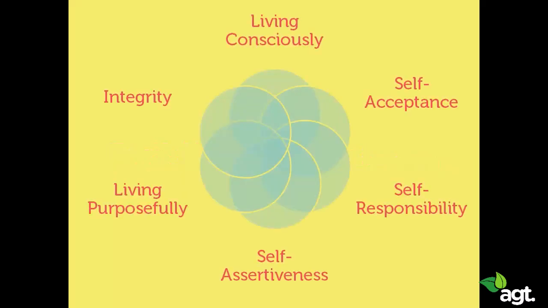In order to understand how exactly we can do that, we will take a look at the framework that Nathaniel Branden sets up. He talks about the 6 pillars that make up self-esteem, 6 practices that are important for the cultivation of self-esteem. Here they are. The first of those practices, or pillars, is called living consciously. Living consciously, in essence, means being mindful. It's what we just talked about before. Living consciously is living in a mindful manner and paying attention to what we think and what we do.